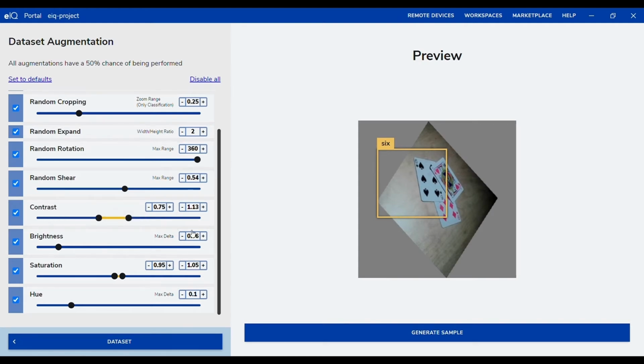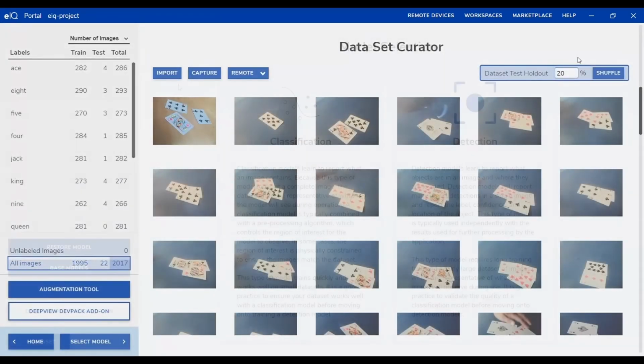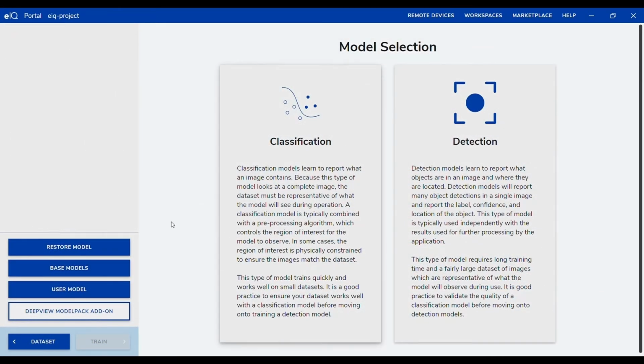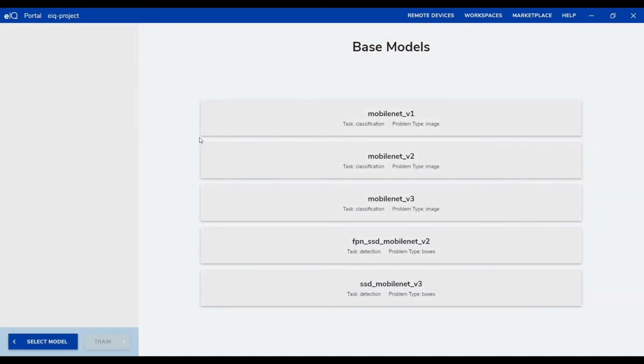Next, we can look at the model selection. So Eiq Portal ships with a number of base models. The base models are over here, and I can show you that list. We've got the MobileNet models, versions 1 through 3, as well as 2 different SSD models, and all 5 can